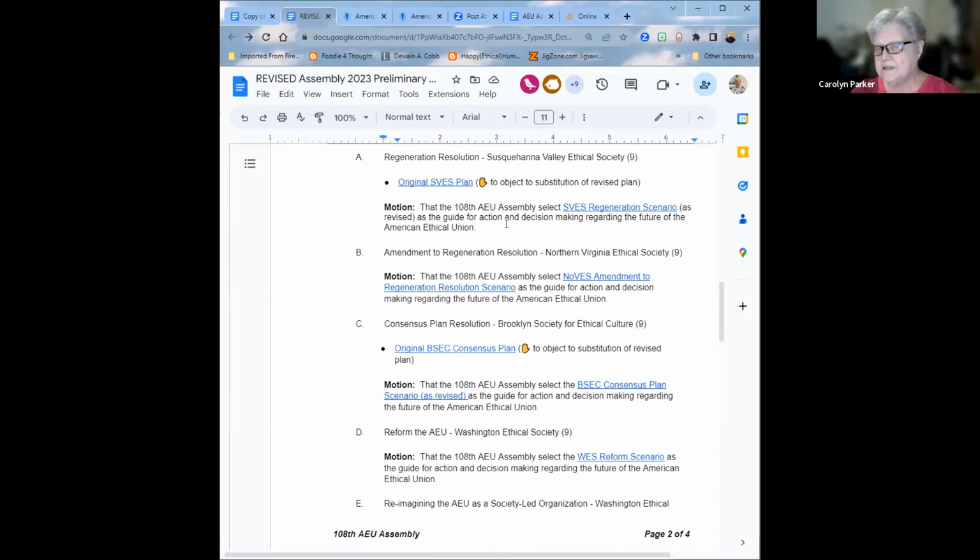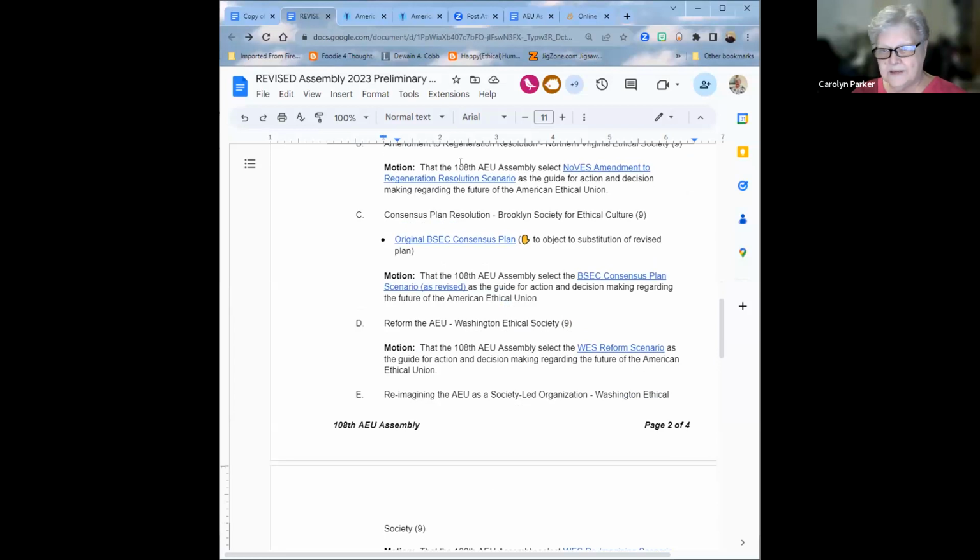So what will happen is that I will call up the consensus plan resolution, and I will give a 1 or 2 line summary of that, and I probably should check it with everybody, make sure I'm giving an accurate representation to say this is the consensus, and we had an original plan and we've had a revised plan. Is there any objection to replacing the original plan with a revised plan? If there's no objection, then there is a motion to